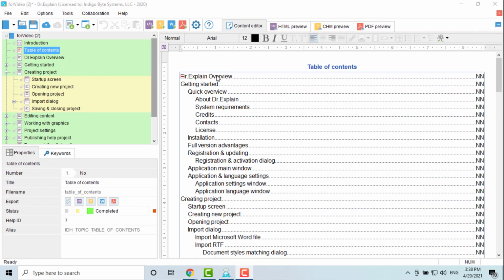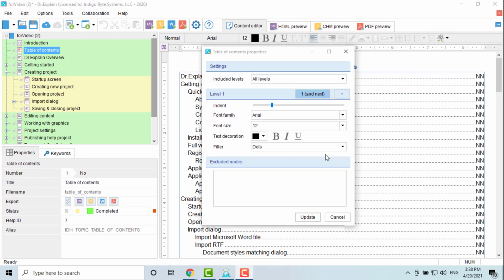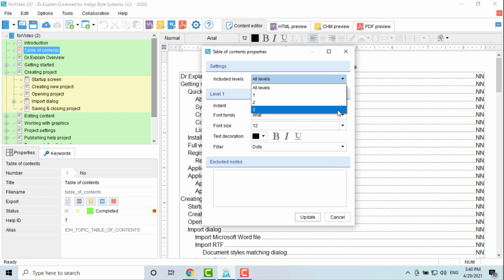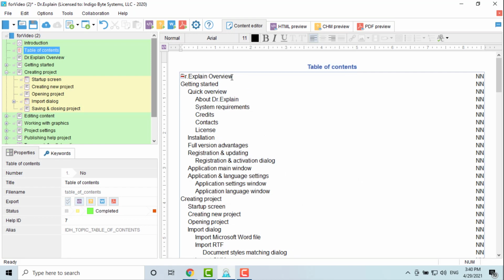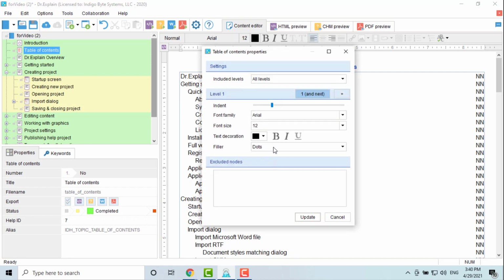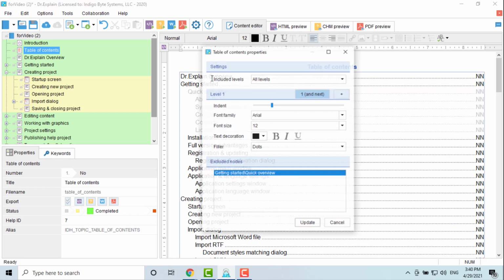To customize the style of the table of contents, double-click on it, or call the Table of Contents Properties dialog. Use this dialog to customize the visual style for each level of the table of contents. Here you can specify the number of topic nesting levels to be included in the table of contents. Plus, customize the font, size, style and color of the text. Set the relative indent for each level of the table of contents. Select space filling style. And delete style settings for the selected table of contents level. There is also an information area, which lists the topics that are excluded from the table of contents.